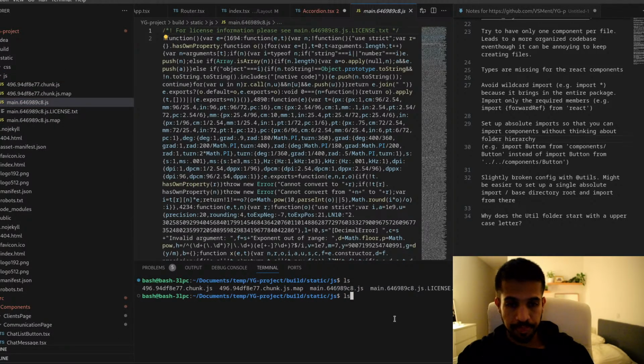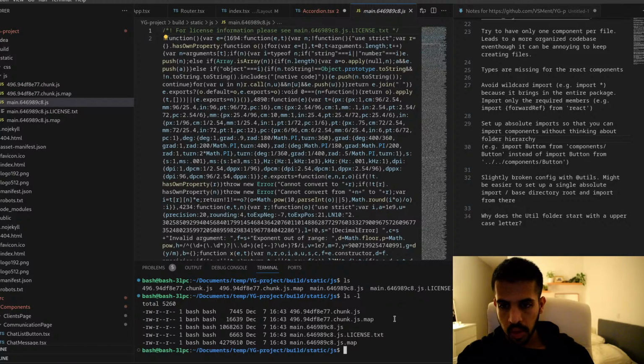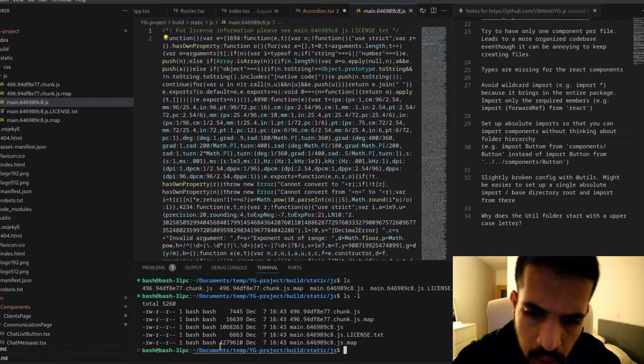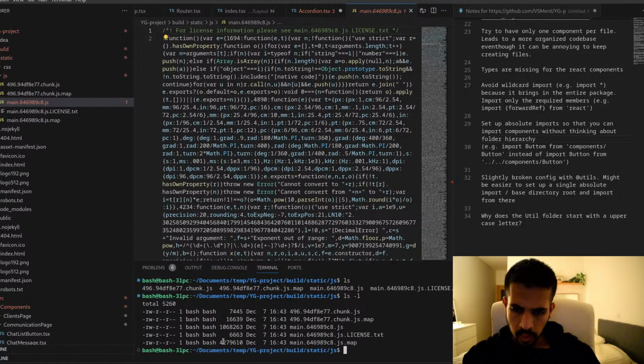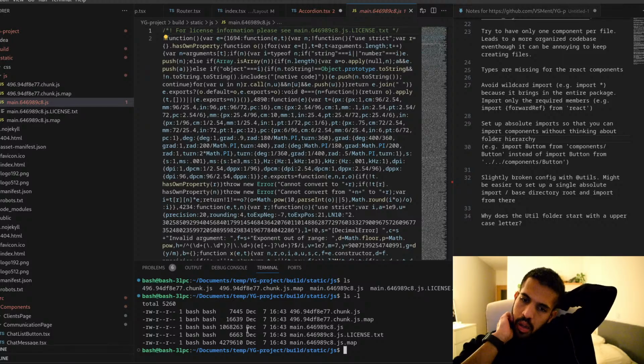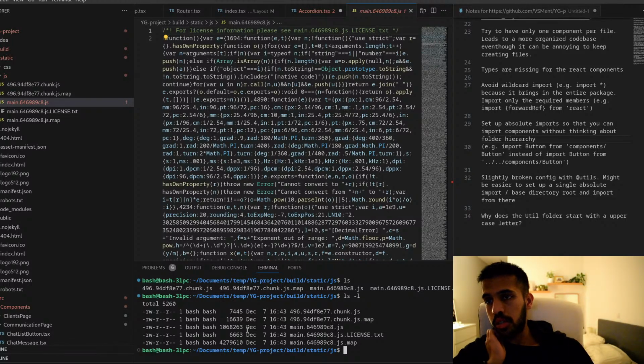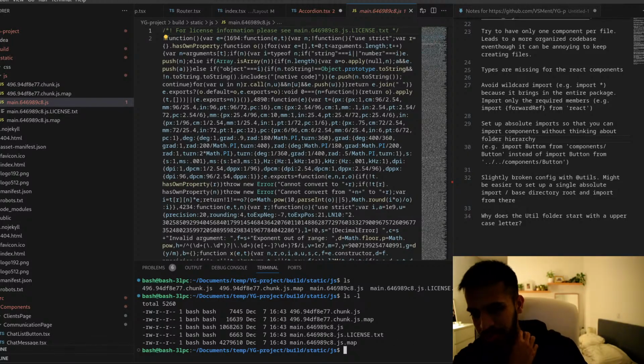ls. Is it like 400 megabytes? 4 megabytes? No, that's the map. So it's about a megabyte, which is not so bad, I think. So it's just my slow machine then, I guess.